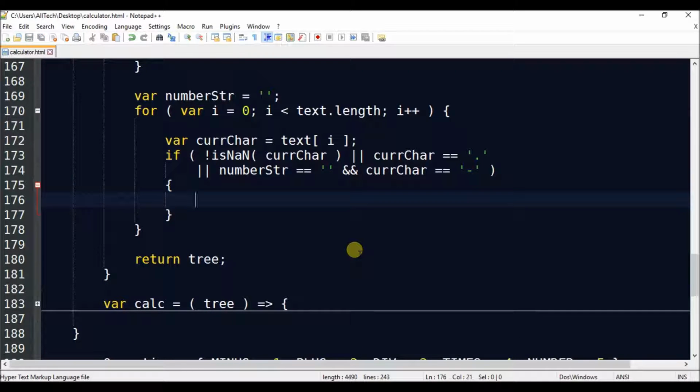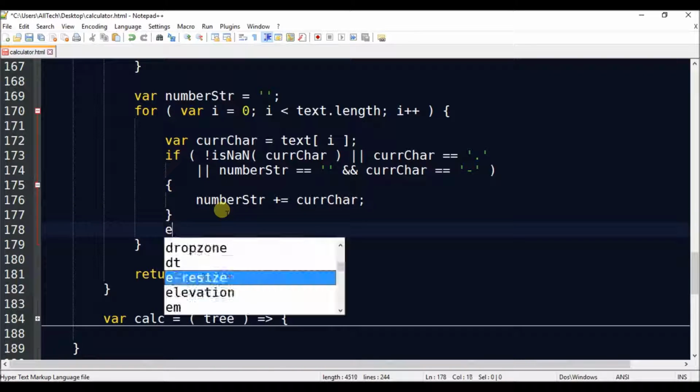So what I'm saying here again is, if current_char is a number, or if it is a dot, or if it is a negative number, if it is the sign of minus for negative numbers, number string plus equals to current_char. We add up to the string. Else